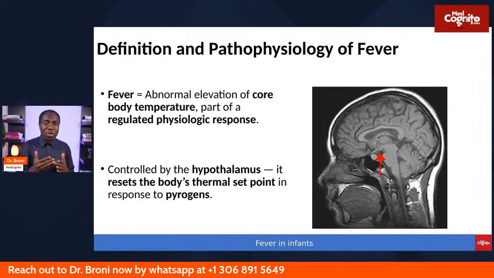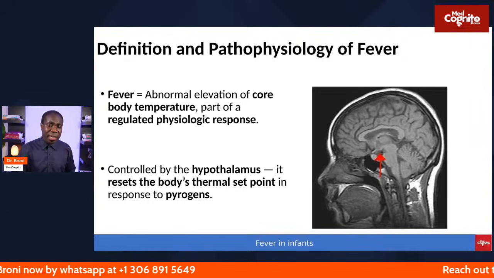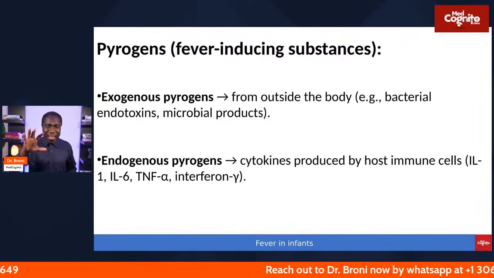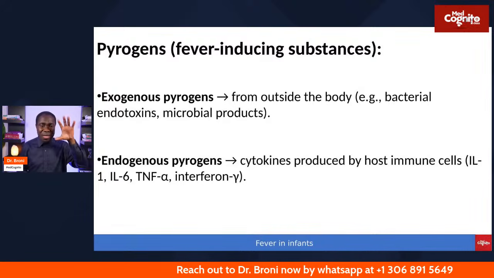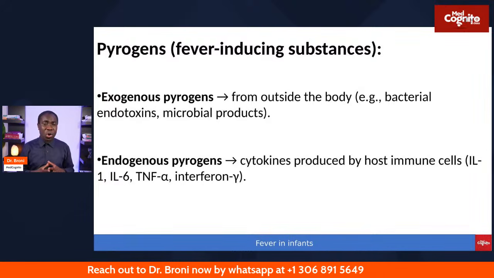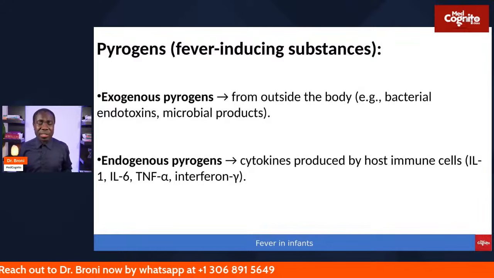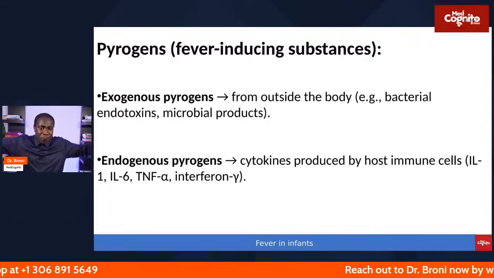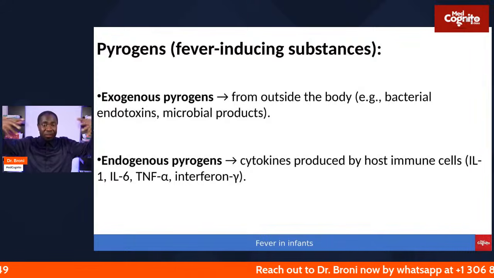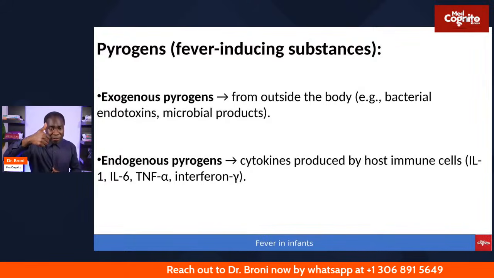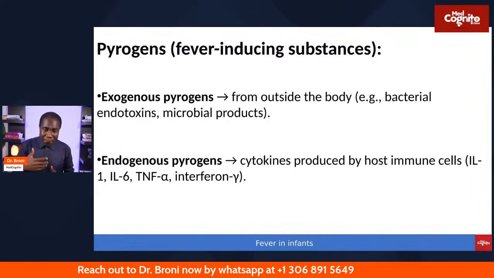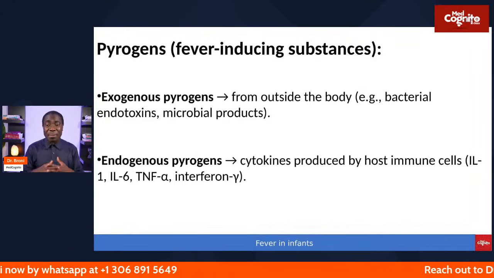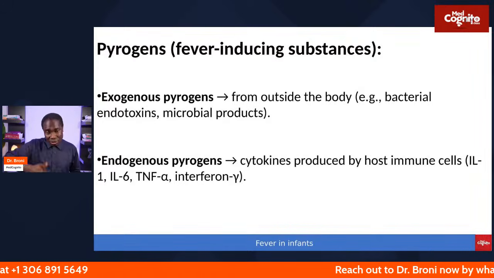And this is as a result of pyrogens. So pyrogens are the causes of fever. So just think about it this way. We have exogenous pyrogens and endogenous pyrogens. So exogenous pyrogens are just things which are coming from outside of the body to affect the body for the body to have fever. So things like bacterial infections, things like microbial products, even some antibiotics, some medications can cause fever,